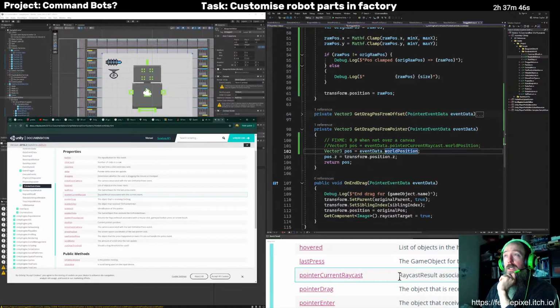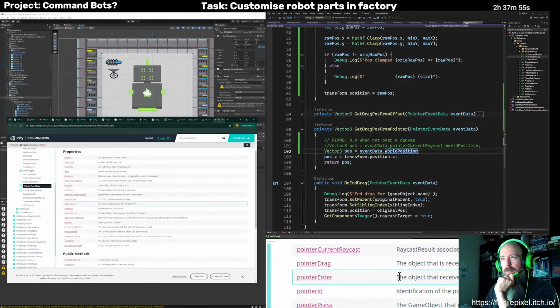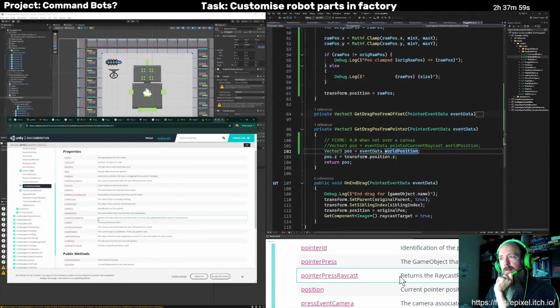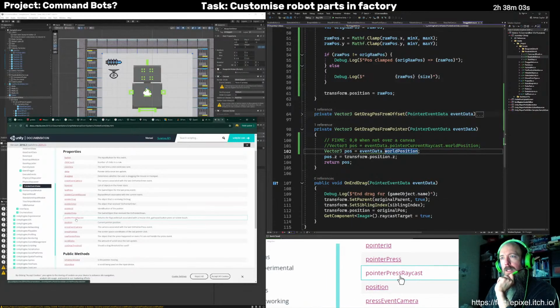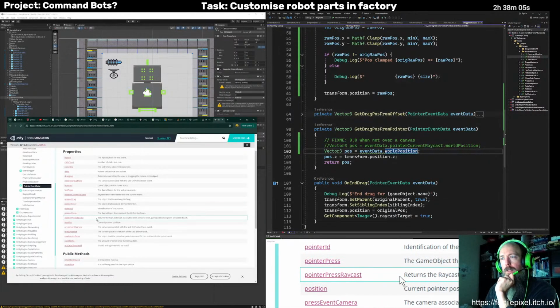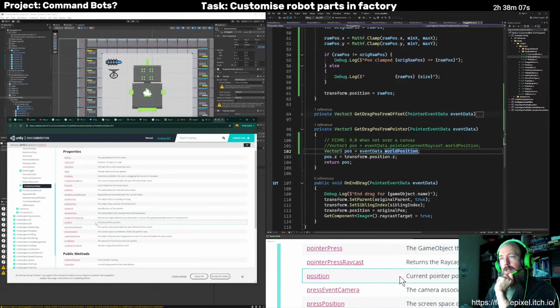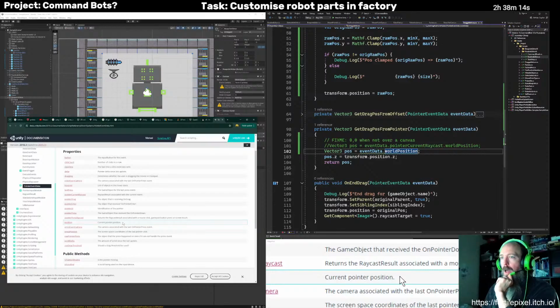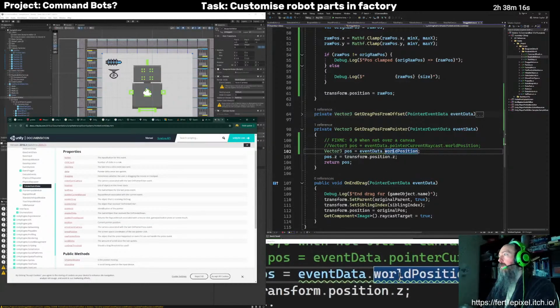I could just put a big canvas behind all of the others to catch all those raycasts and give a non-zero result. It's a bit too hacky for my liking if I've got a better option. So I think that's like where it started, which wouldn't be very useful. Position, current point of position. I think that might be what I want.